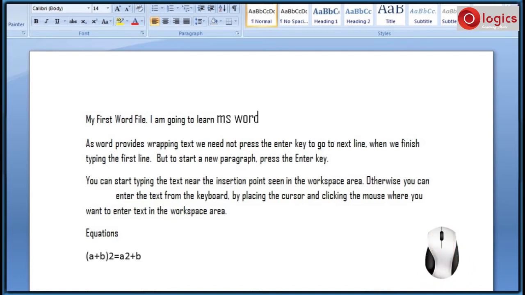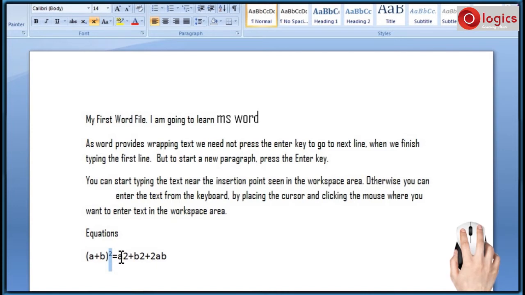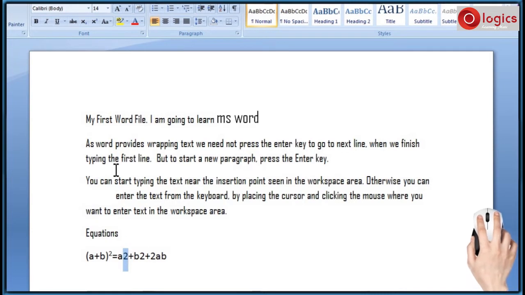This is the equation I have typed. Now I am going to give some meaning to this equation by making subscript and superscript wherever necessary. Now I would like to superscript the 2. So I have selected it and now I am going to click on superscript command to give the meaning a plus b whole square. Now I want to make this as a square, so I selected 2. Now I am clicking on superscript command. Similarly, I am going to do b2 as b square.